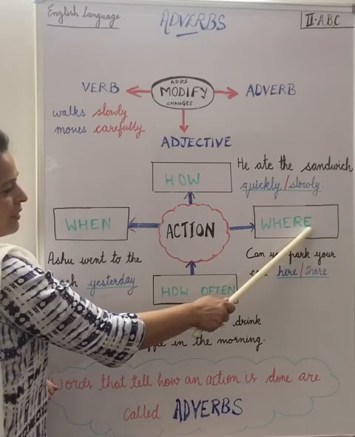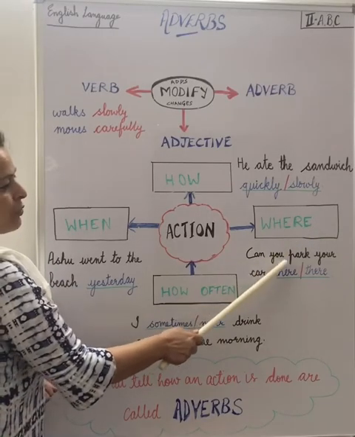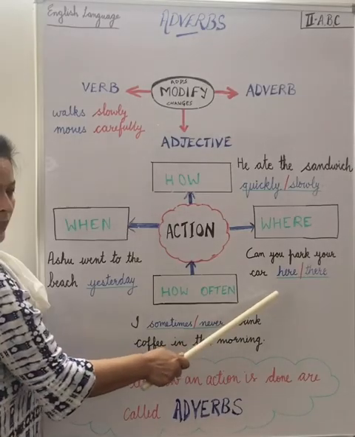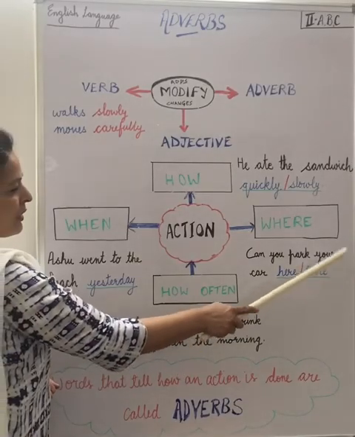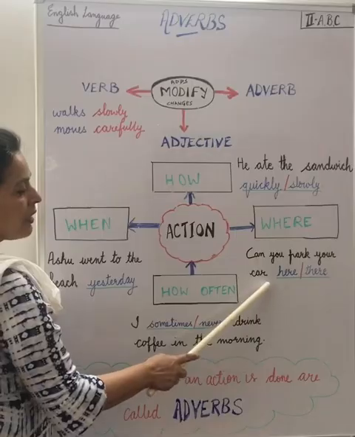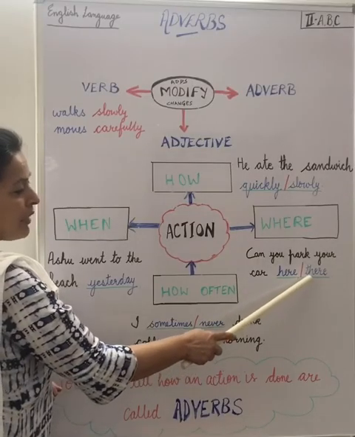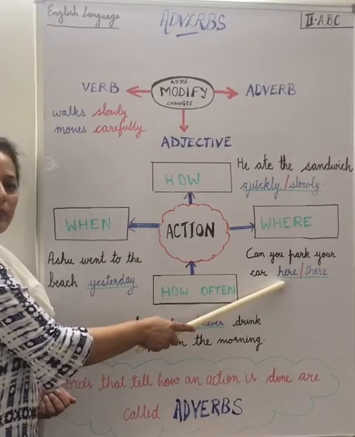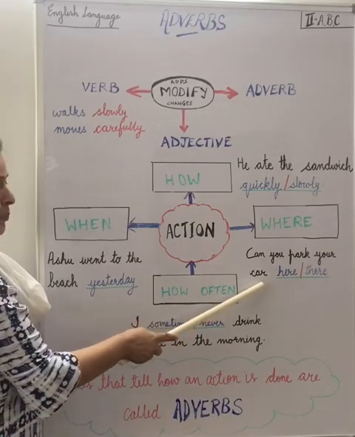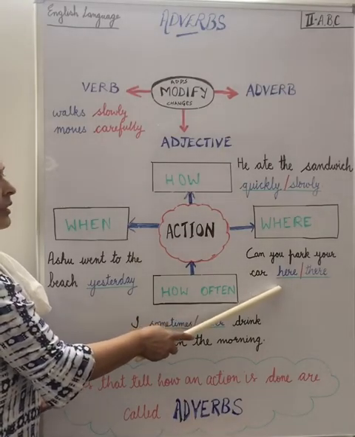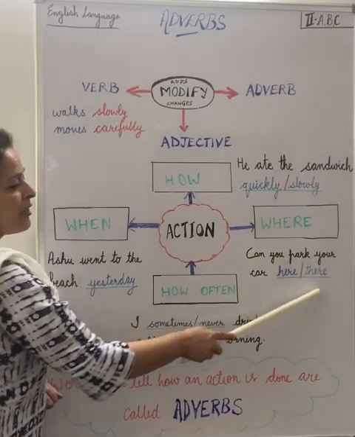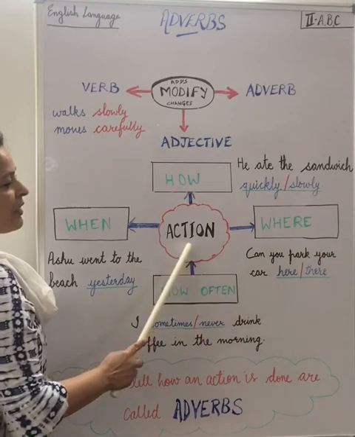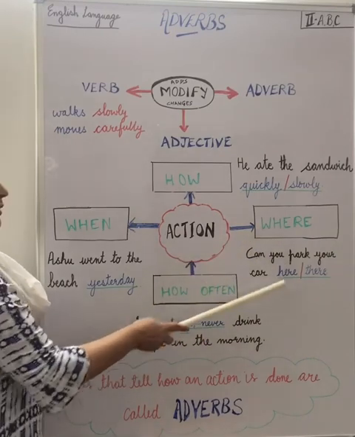Where an action is done. Can you park your car here? This is a question. There should be a question mark here. Can you park your car here? Or can you park your car there? Can you park your car outside? Or can you park your car inside? So, the words that tell us where an action is done,